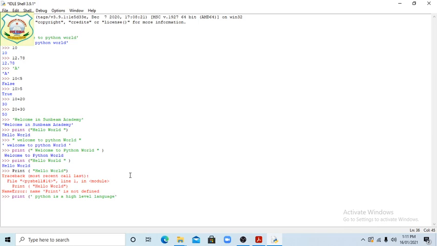Then it has easy syntax. See here, Python is a high level language. It has easy syntax. You can see, students.